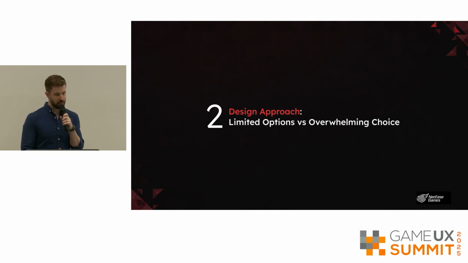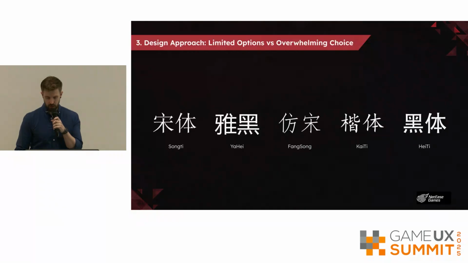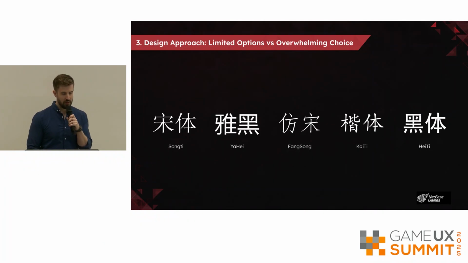Next is the idea that design approach can be completely different. What feels maybe like a common decision to us may feel like a huge decision to someone else. So Chinese designers work with a relatively limited set of fonts. A lot of this isn't about skill or taste, it's about the ecosystem. So most Chinese operating systems come installed with many fewer pre-installed fonts. Each font itself has over 20,000 glyphs that you have to account for, making them super expensive to produce and license. They're also logographic, so you have to consider each character's recognition as well.